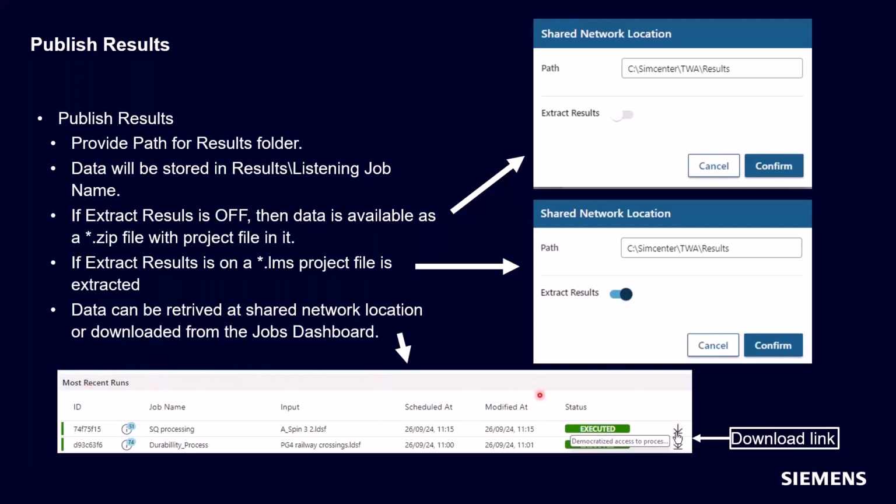So here I'm in the jobs history, and I can download all of these. So the idea is I have TWA running on some remote server. I go to a website, I see the jobs on the remote server. Through that website, I can use a download link to download process results to my physical PC. Anybody on your network can do that. So multiple people can log into the TWA application. They can see the jobs that are running, and they can download those results.